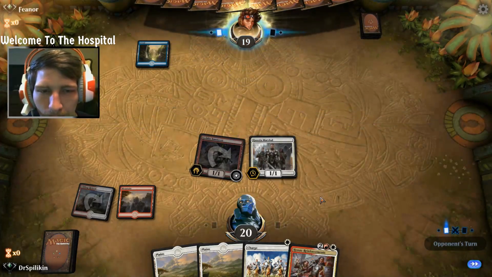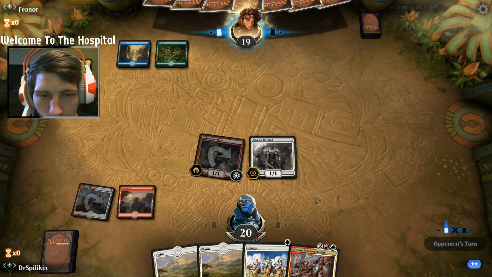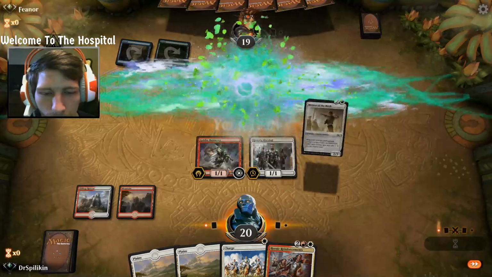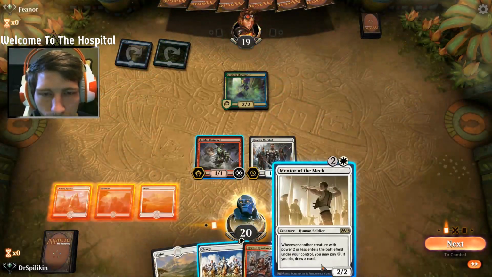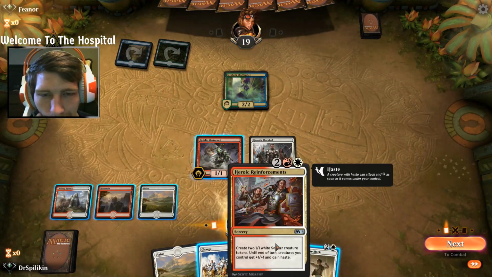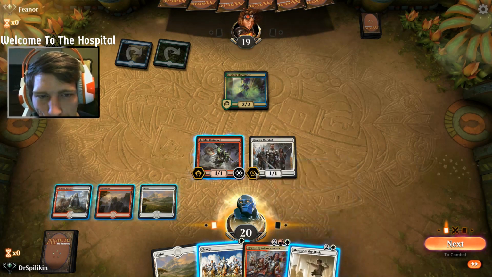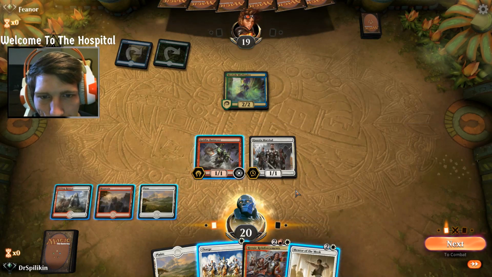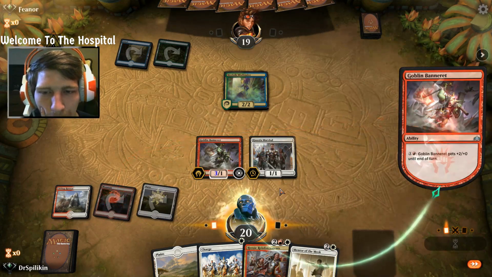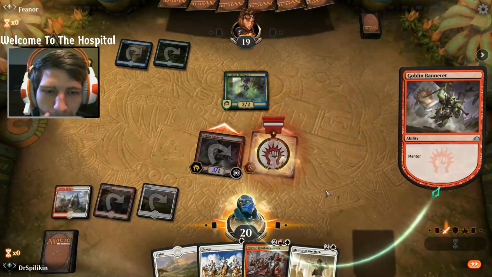Next turn we can buff the Haazda Marshal. Next turn we have Heroic Reinforcements. Do we want to go ahead and play Mentor of the Meek, or do we want to buff these guys? Or rather, this guy. Yeah, let's go for the buff play. Then we also have Charge in our back pocket in case he wants to block either one of them out. Mentor of the Meek's good, but...